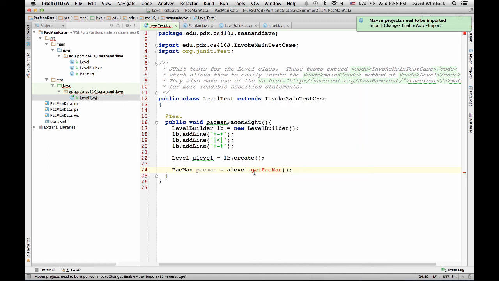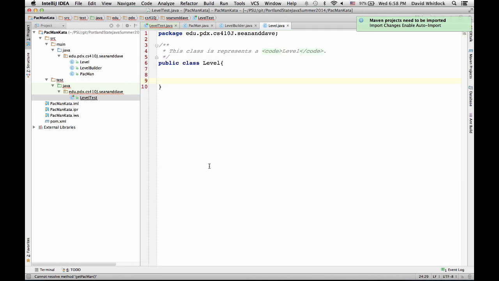I keep forgetting that. Just create the method, because I don't think it's a getter. Yeah, let's do that. It picked up that it was Pac-Man. That was smart of it.